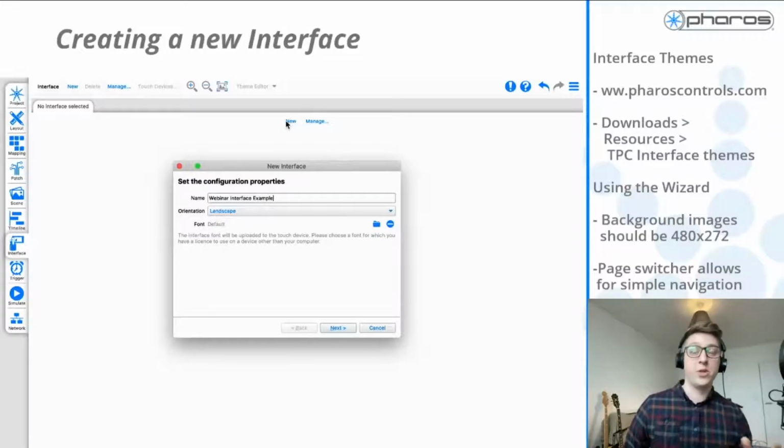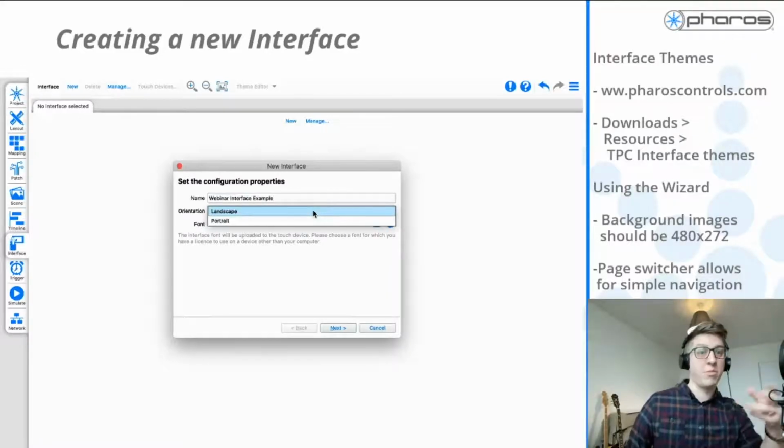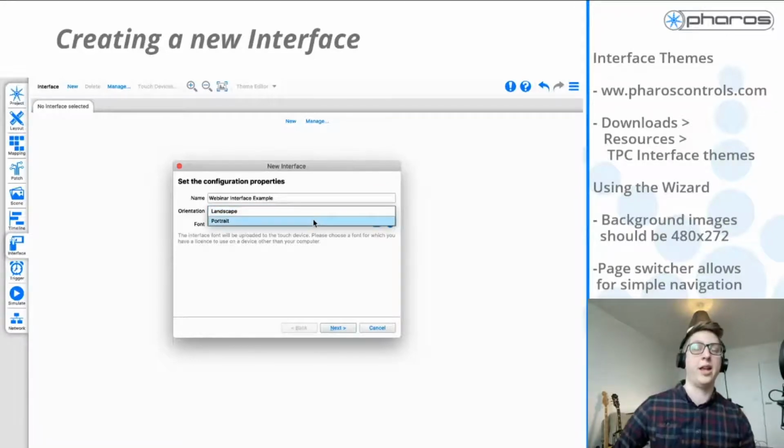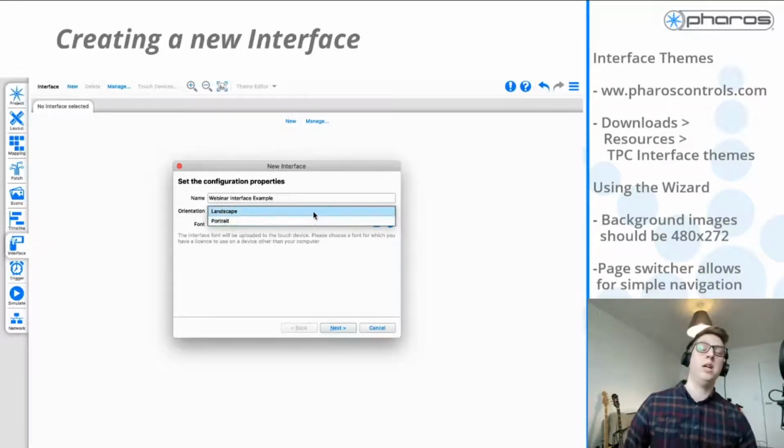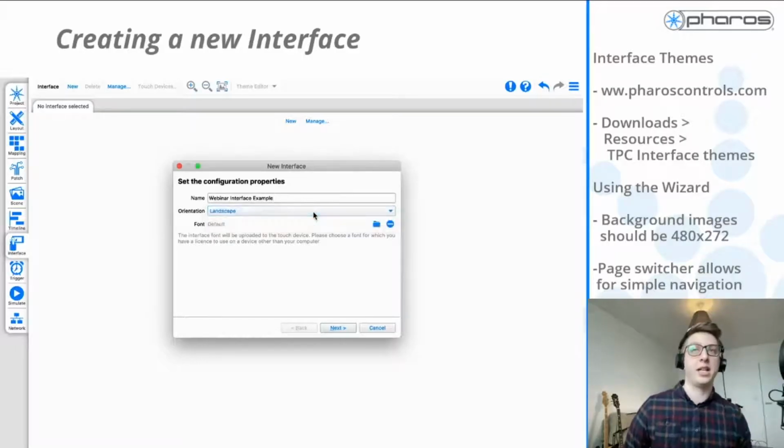Just one or two other things as well. You do have the option to set the orientation. We can have the TPC both landscape and portrait. And finally, you also have the ability to pull in a font file as well. This font file can be particularly useful if you're working in a non-Latin based text, something like Mandarin or Arabic,